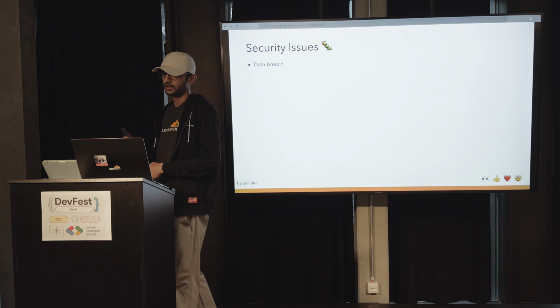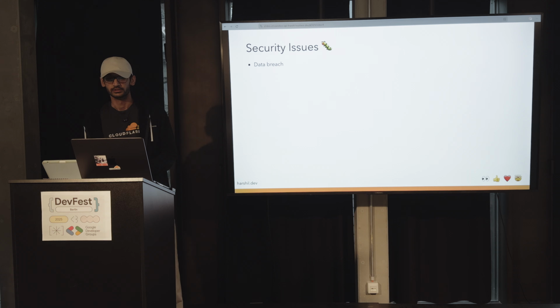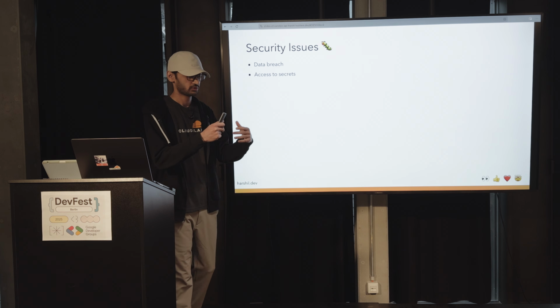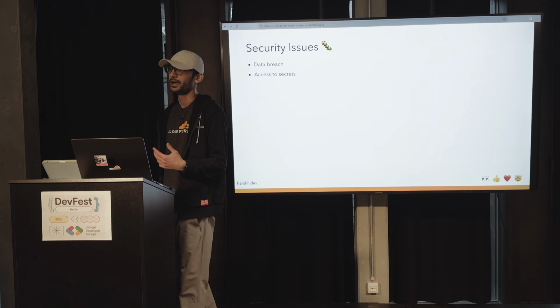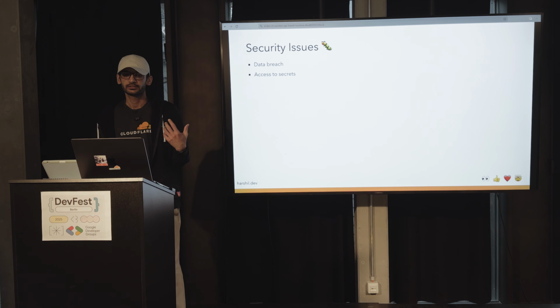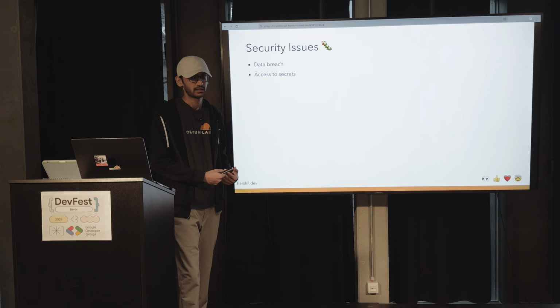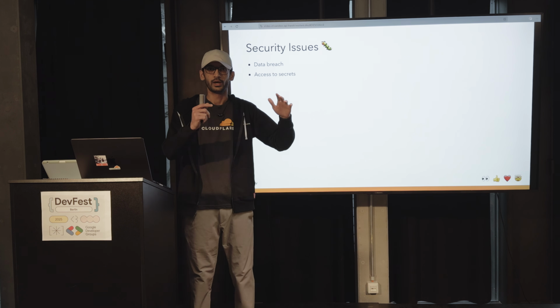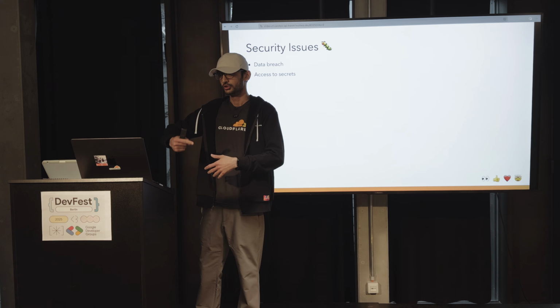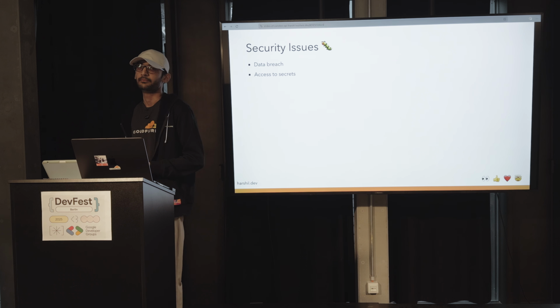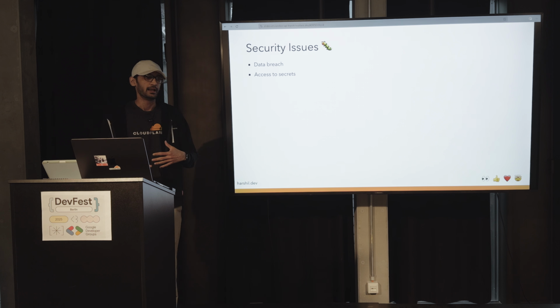We looked at the data breach. The other one is giving access to the secrets or the tokens or the API keys. If you just let AI run on your bare metal, it can get access to the secrets and the API keys. Now, there is a probability that it can leak those API keys, or there is a probability that it is going to use them without your knowledge and make calls to that particular API and may be able to do malicious stuff.